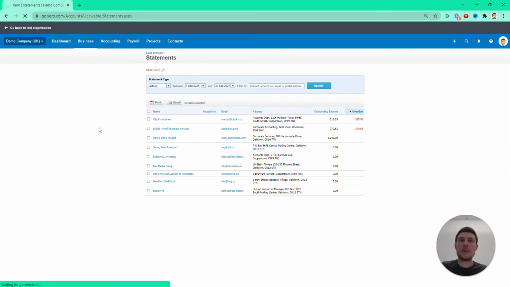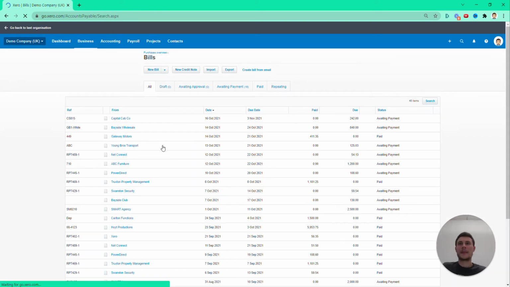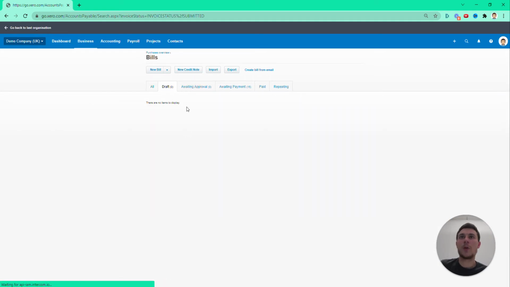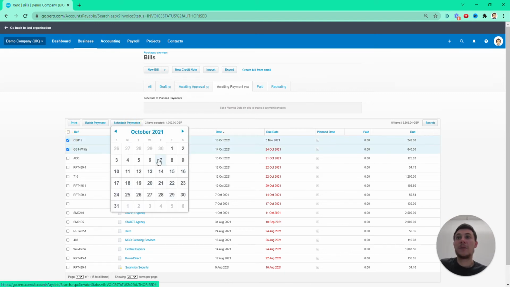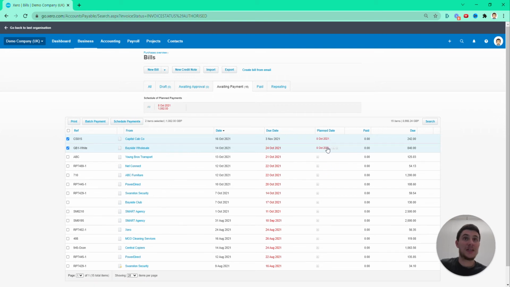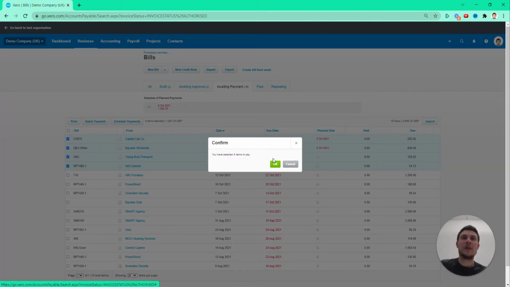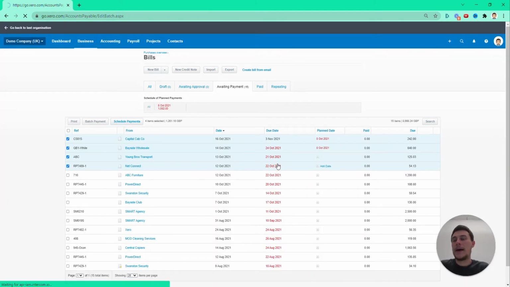Okay, what else? Let's go for bills to pay. Again, you might be reviewing your draft or awaiting approval, and then once they've gone through those stages, they would come to this awaiting payment stage. Here you might select them, and schedule for payment, where it basically just gives you a date where you're planning to pay them, and then at some point you can create a payment and go through Xero's